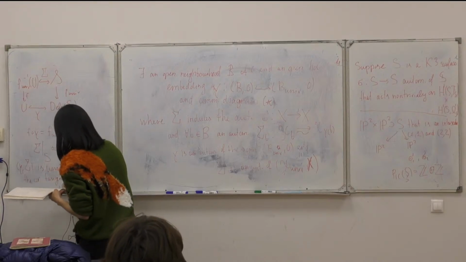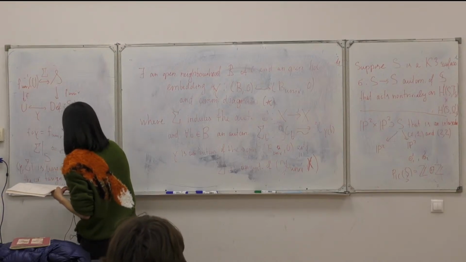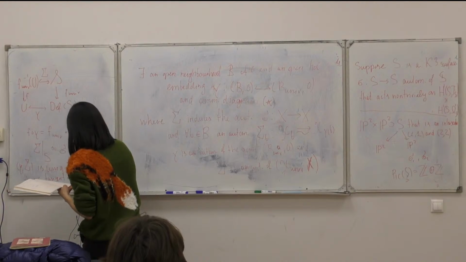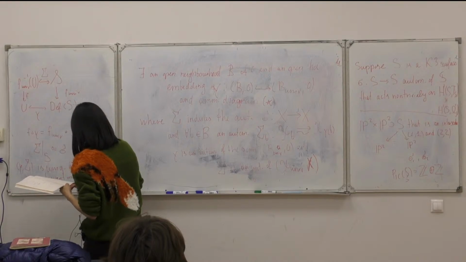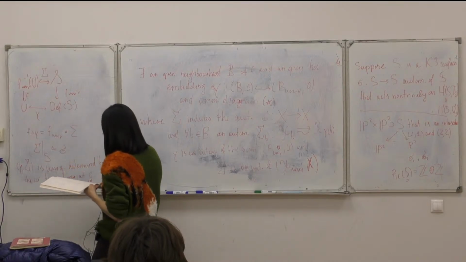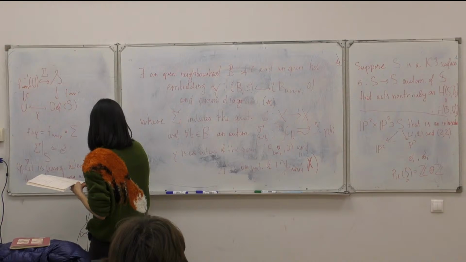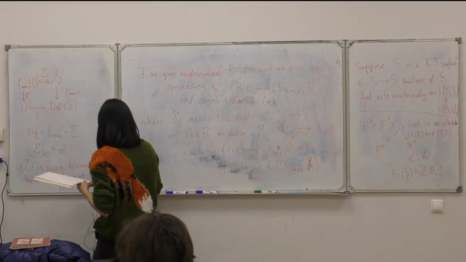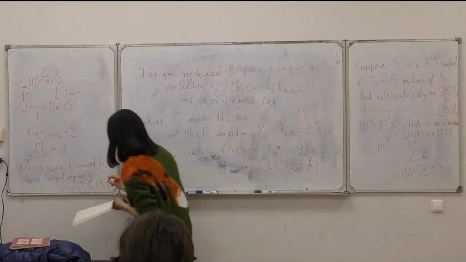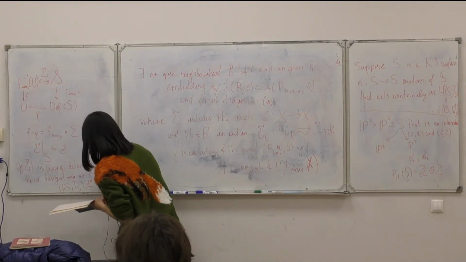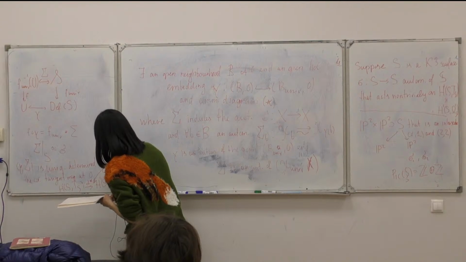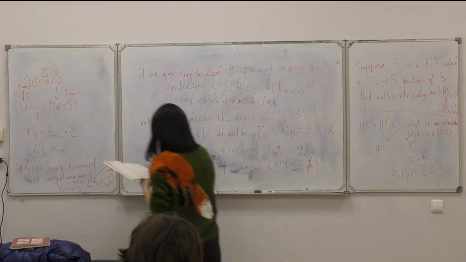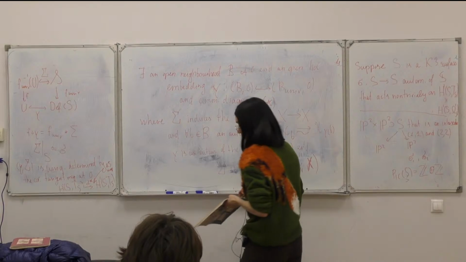It's just the map induced by sigma, the automorphism of the first cohomologies. And this is from the Kodaira-Spencer map that we discussed last time. Okay, and now suppose that there exists